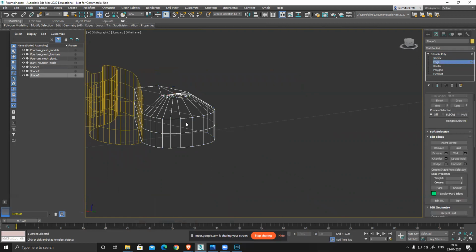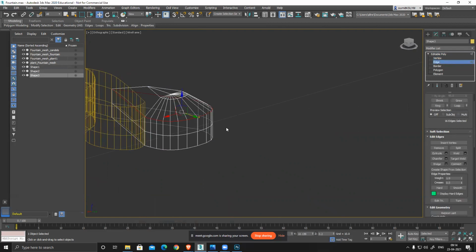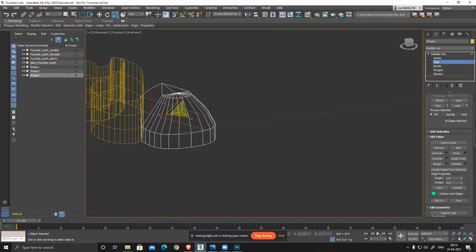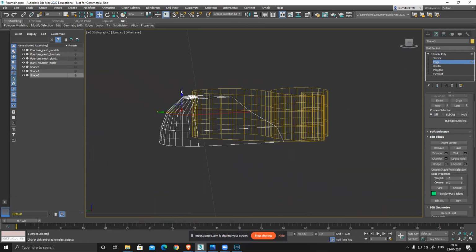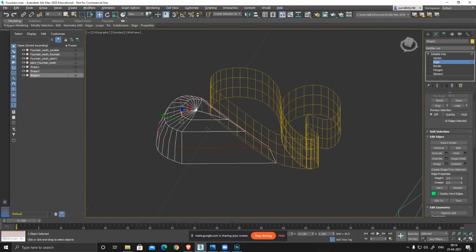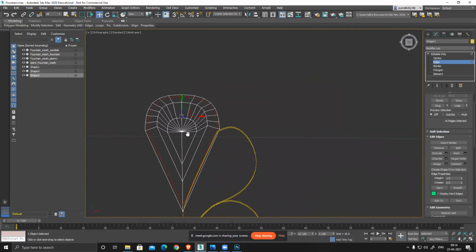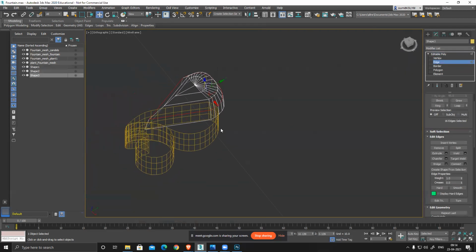There are a few things I have to do. This also needs to be slightly rounded. So you can see I got the basic structure really quickly.